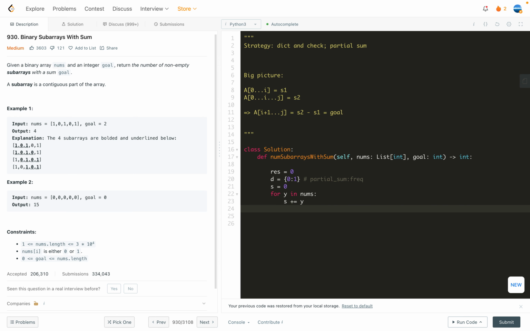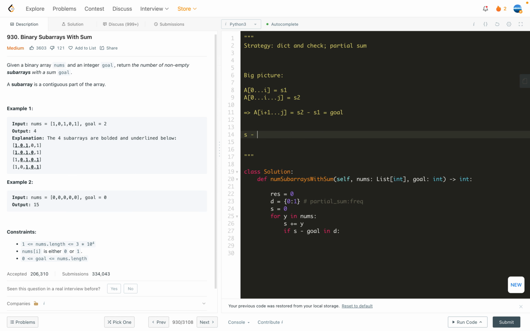Then what we are going to do is check if s minus go is in the dictionary, right? If so, it means in some previous indices, this sum has appeared. But we know, including the current y, the sum is s. So in other words, from the previous, let's see, s minus go in D means